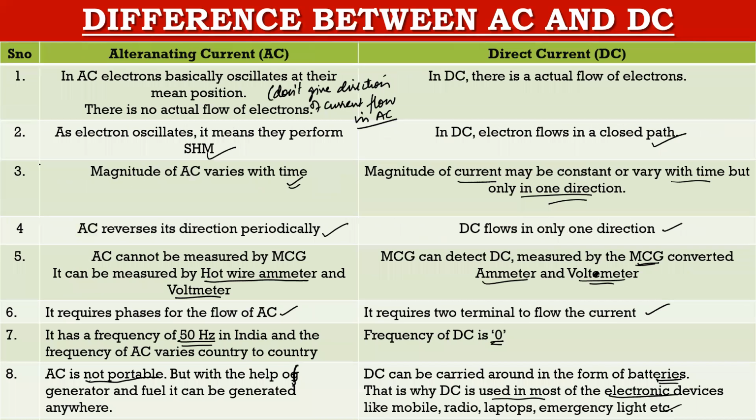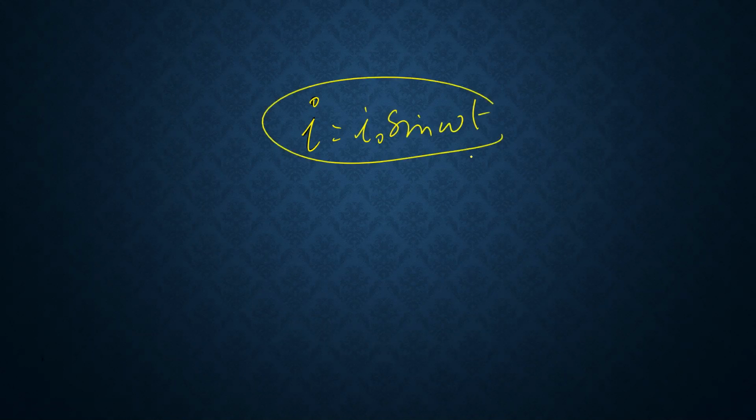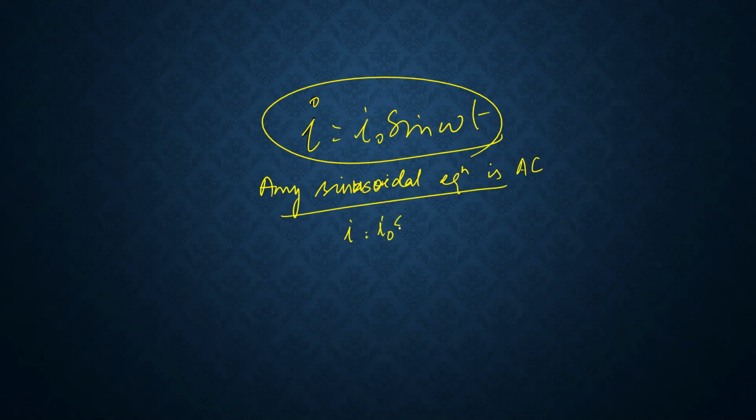Most important, now if somebody asks you what is the equation of AC current, write I is equal to I naught sin omega t. मतलब any sinusoidal equation is AC. मतलब इसी को अगर मैं ऐसे लिख दूं I is equal to I naught sin omega t plus phi, ऐसा लिख देता हूँ, तो ये भी हमारी AC की equation है।